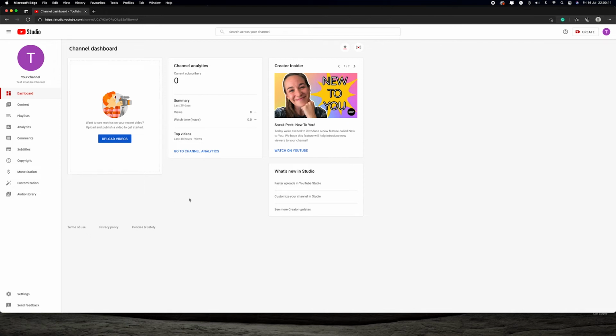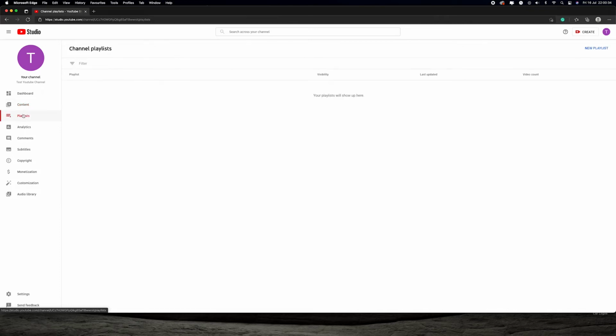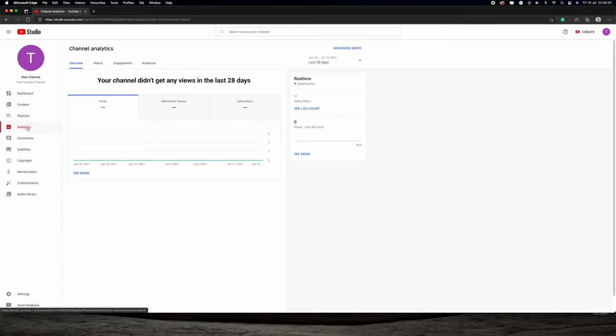Now this is a page where you can do most, if not all, of the management of your YouTube channel. Basically you have a dashboard which will give you how many views you have and how many likes, comments, everything, as a dashboard view. The content section, which you can access on the left hand side, will give you a list of all the videos that have been uploaded to this channel. The playlist section will show you all the playlists that you have created in this particular channel. Analytics is where you can see the analytics for your channel: which videos are doing well, how many views, what the watch time is, everything you can see here.